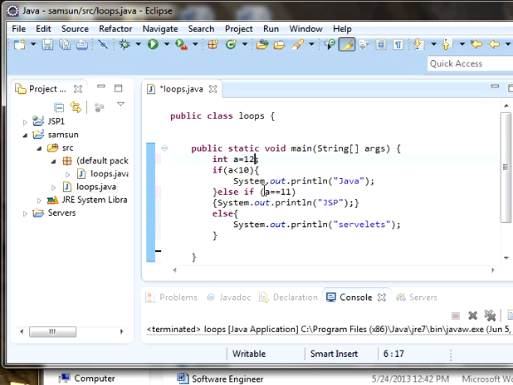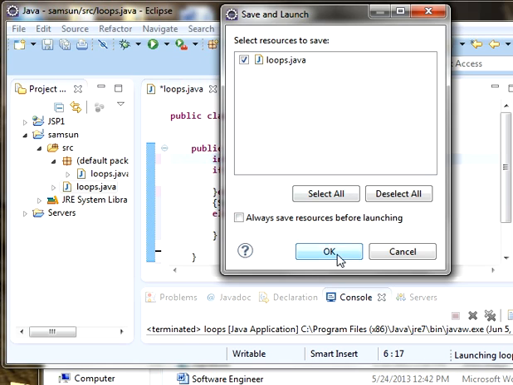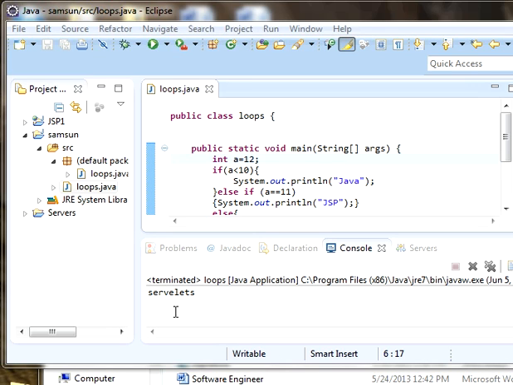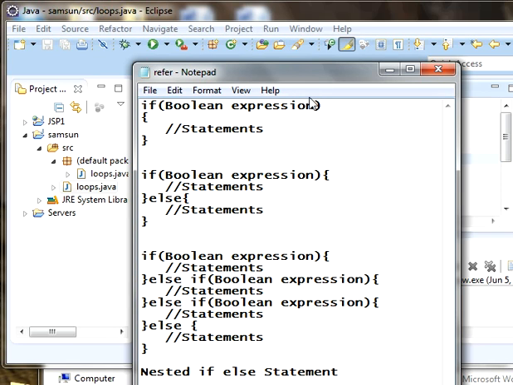No, it will come out of the else if part, and finally it goes to the else and prints the output as servlets. Let's compile this program and see the output. We got servlets as the output for the above program. And how about the last part, nested if? Nested if inside the